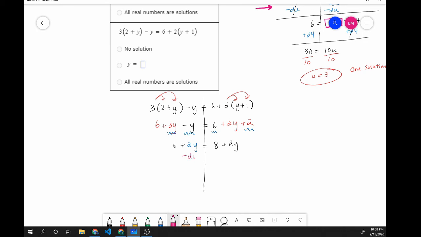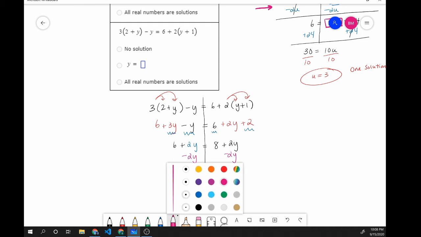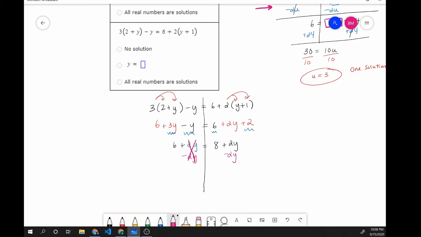It says subtract my y's to bring them together. And right here, like I said before, my variables are canceling out. There's no more variables, which means I either have no solution or all real numbers are solutions. Now, what makes this example different is because 6 does not equal 8. This is always